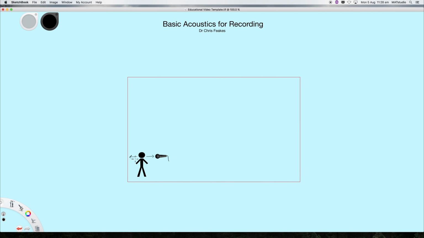That's fine, but it also only has a short distance to travel to the wall and get reflected back. That means that the reflection is going to be quite loud and much more audible in our recording. So if we keep people away from things that make sound reflections and we keep the microphone away from things that make sound reflections, at least those reflections will be quieter and will have a smaller impact on our recording.